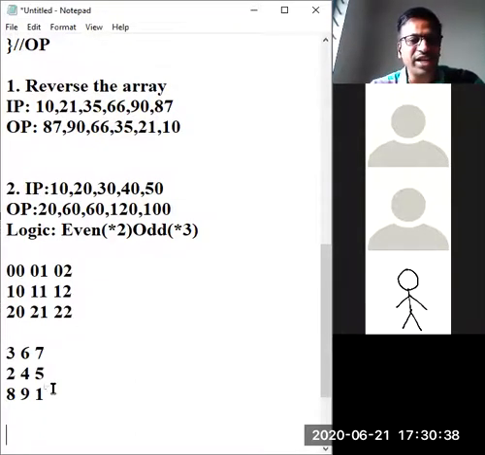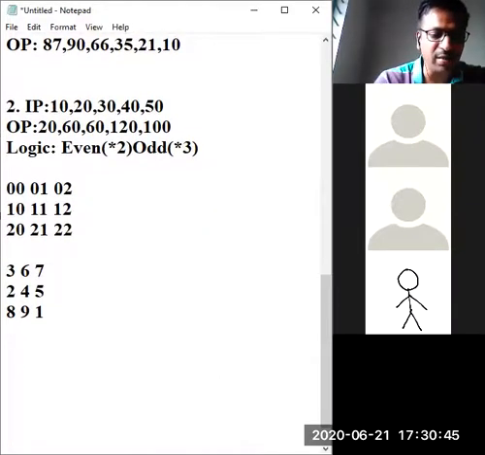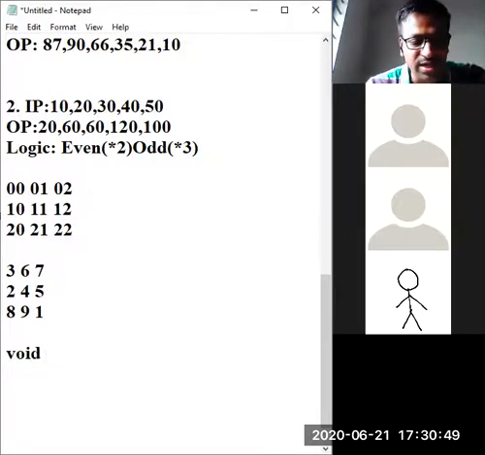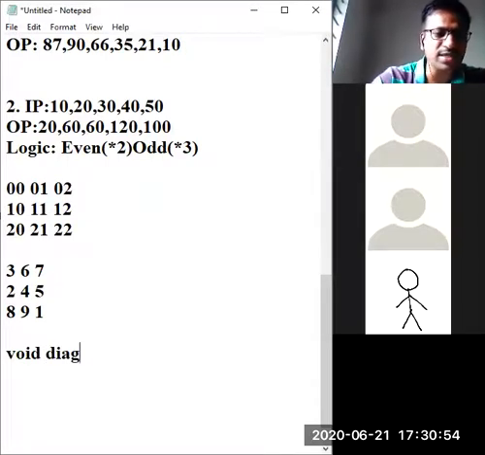So whenever a for loop is there, let me start answering this question. You should go with a function first of all. Let us take a function named diag, for diagonal elements.